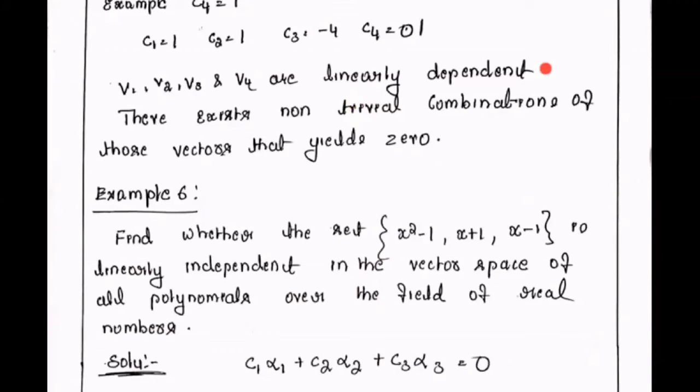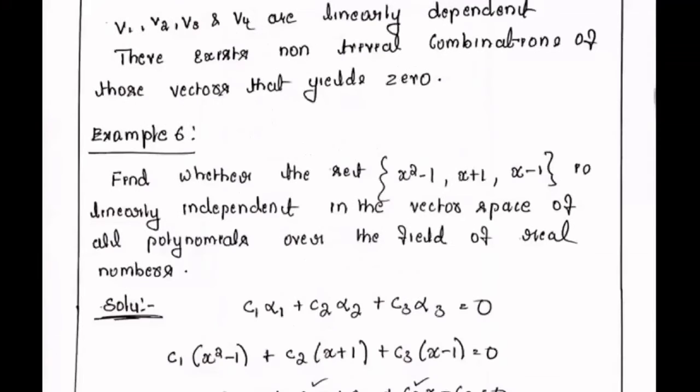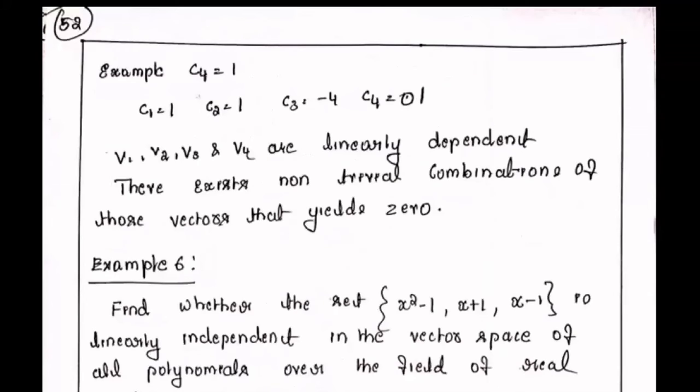What we discussed in the first case was, we took only 3 vectors v1, v2, v3. Then we found out the values of c1, c2, c3. It was 0, those values were 0, not non-zero. That's why it has become linearly independent.